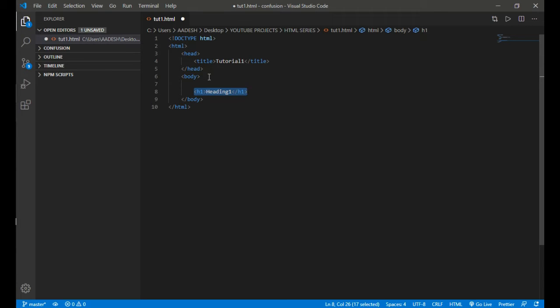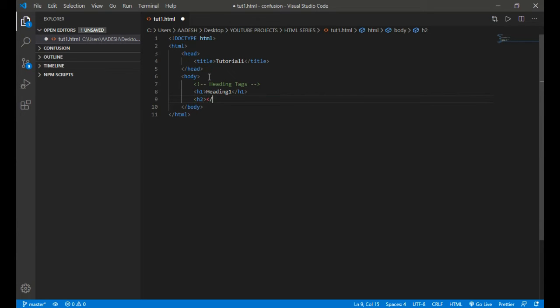Okay, so for commenting, you just need to select the text which we want to comment and press Ctrl and question mark. Okay, so for example, heading tags, let me select the text, then Ctrl question mark will comment it out.